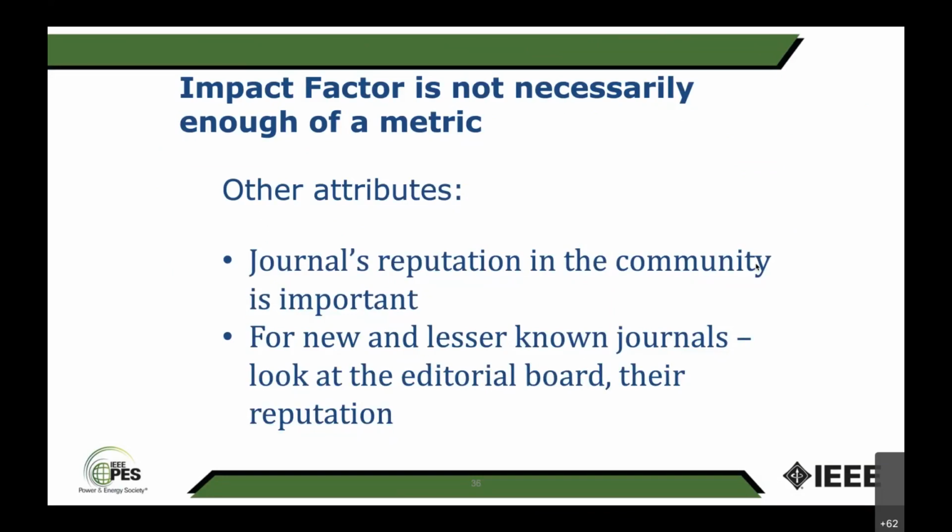So what I tell my students, in a new journal, is to look at how well known the chief editor is, and whether the journal is publishing papers in our field. That's community involvement. And also look at the editorial board. If you have a high quality journal, you expect well-known people will be part of the journal board. Then it's fine. Wait for the impact factor.